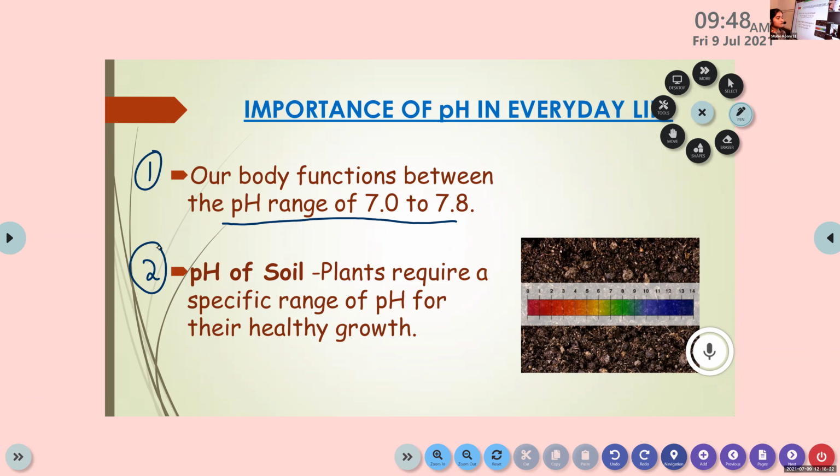And in certain Krishi Bhavans, they will check the pH value of soil. If we collect soil from our garden and bring it to a Krishi Bhavan, they will check the pH value and give certain solutions for maintaining the pH. That's about the pH of soil. And along with plants, certain microbes are also living there, right? They also need a certain pH for their growth, that means useful microbes. Shall I move to the next point?